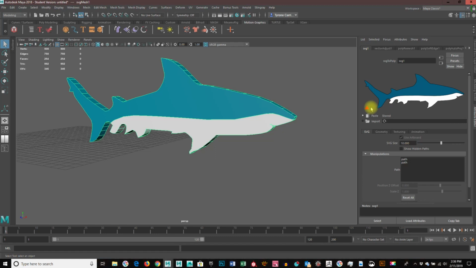So here's a few things. First, navigation. Let's get that out of the way, and then we'll fine-tune the stuff. So all of your navigation is either, if you're on a PC keyboard, it's Alt. If you're on a Mac keyboard, it's Option. But in either case, it's